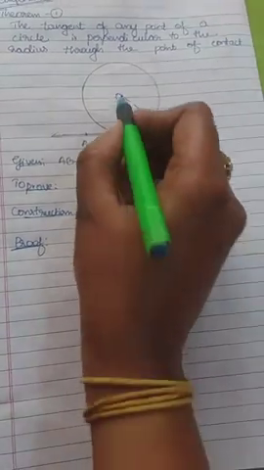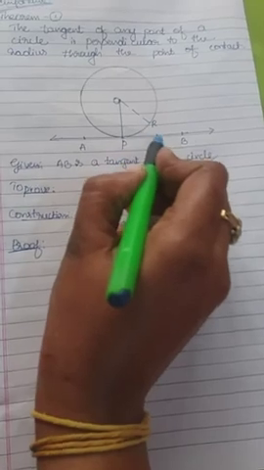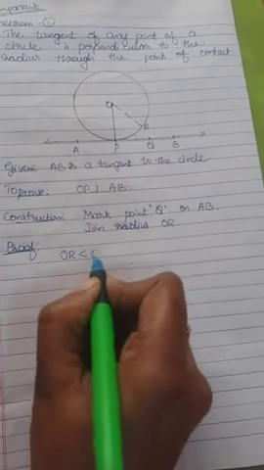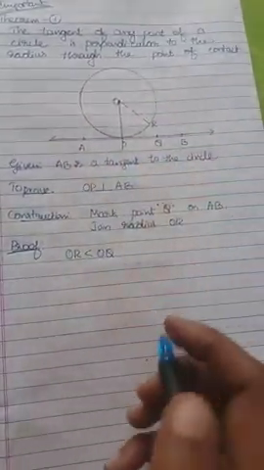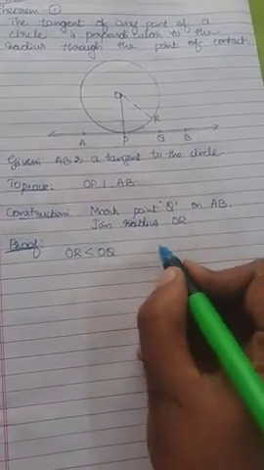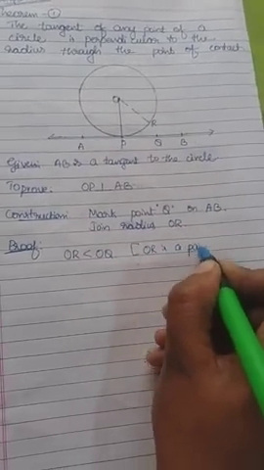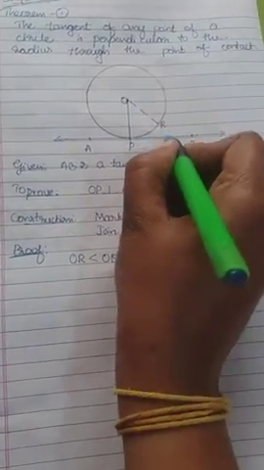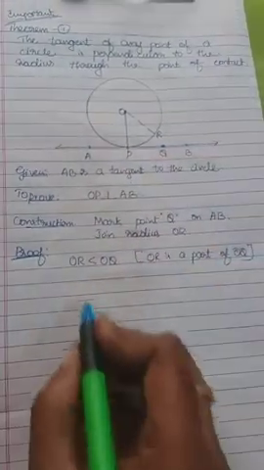So here we can write OR is less than OQ. If we extend like that towards Q, OR is less than OQ, because the OQ distance is more compared to OR. So we can write here why: OR is a part of OQ. If we extend till Q here, it is less than, obviously, for that sake.